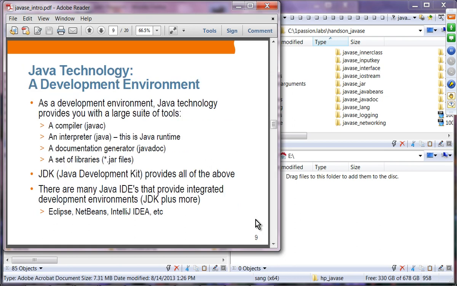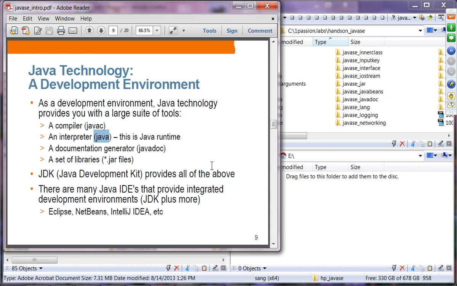All right, so that is Java technology as a programming language. Now, Java technology as a development environment. It provides a bunch of tools, such as a compiler, javac, which we are going to use to compile your Java source code into a Java class file. It does provide an interpreter, which is actually the Java runtime. Once you have the class file, you can run that Java program, and that execution environment is provided by java.